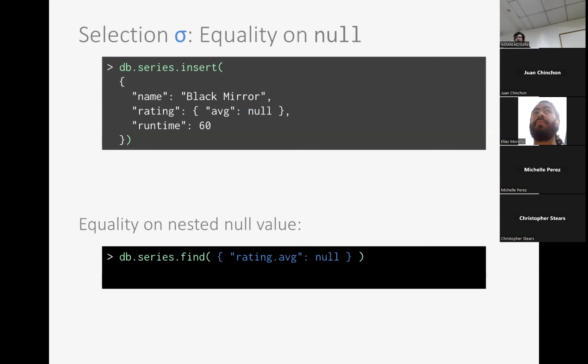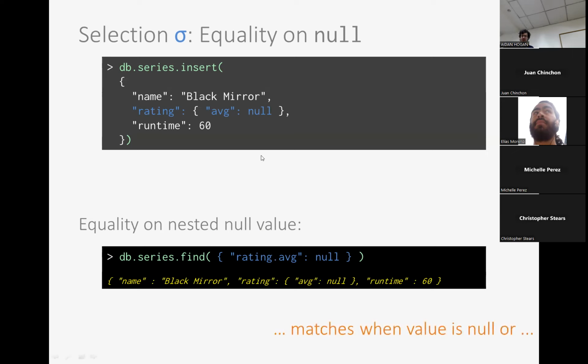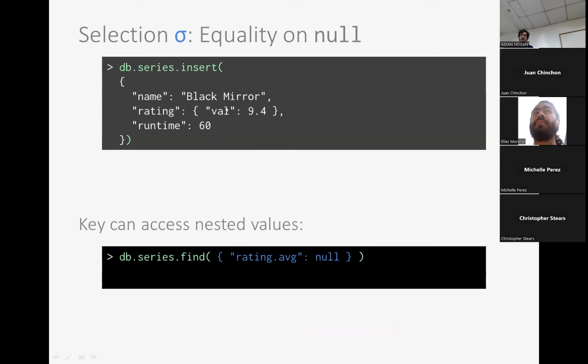We can do equality on nulls. So we have nulls in JSON data. We have nulls as well in MongoDB. So what will this do? In this case, rating.average will match two cases. It will match the case where the value is really null in the data. And it will also, as we see in this case here, so we get the result because the average is null. And it will match a second case,